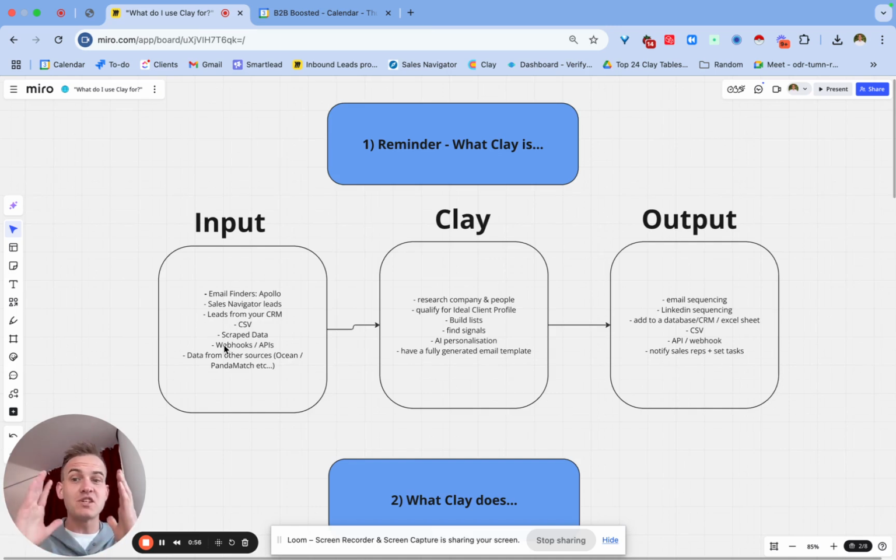Now, more than that, sometimes you can also import CSVs, you can import data via webhooks and APIs, which is actually a lot simpler than you'd think. And also there are a bunch of other data sources like Ocean.io, PandaMatch, whatever you call it. This is just the input. Now, what Clay then does with the data is it can help you research those companies